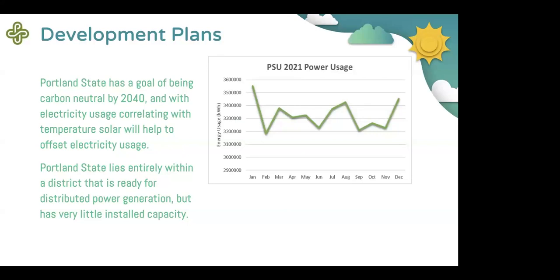So with the development plan, PSU is entirely located within a district that has preparations made for distributed power generation, but very little actually in place, with only 0.1 megawatt on one of the grids and 0 megawatts on the other. And so the area is currently primed for solar installation, and it also aligns with state, city, and campus goals for carbon neutrality and shifting off Pacific Northwest hydropower in order to